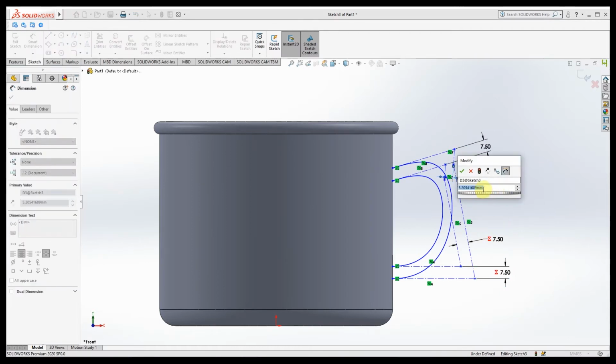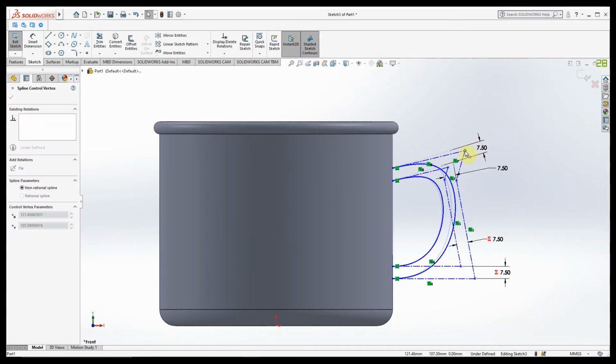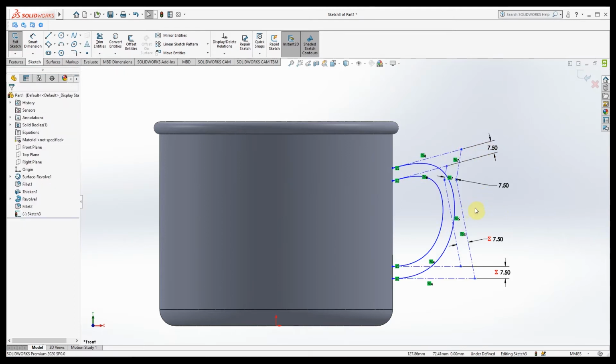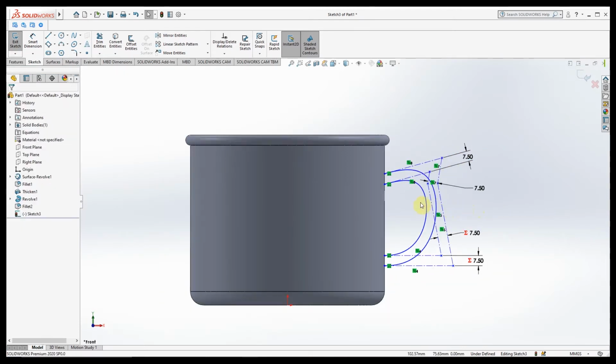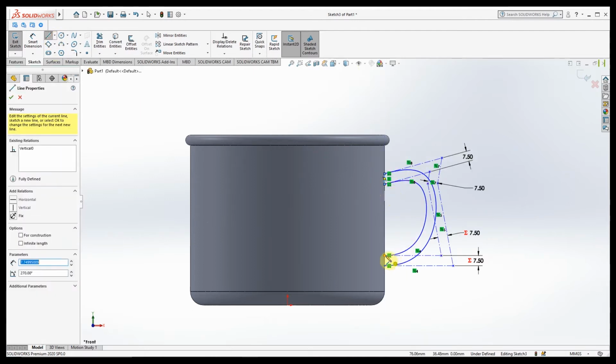Now we will make it 7.5 and let's see, we can drag this point. Yes, this is possible. Wherever you need this curve, you can just drag it.